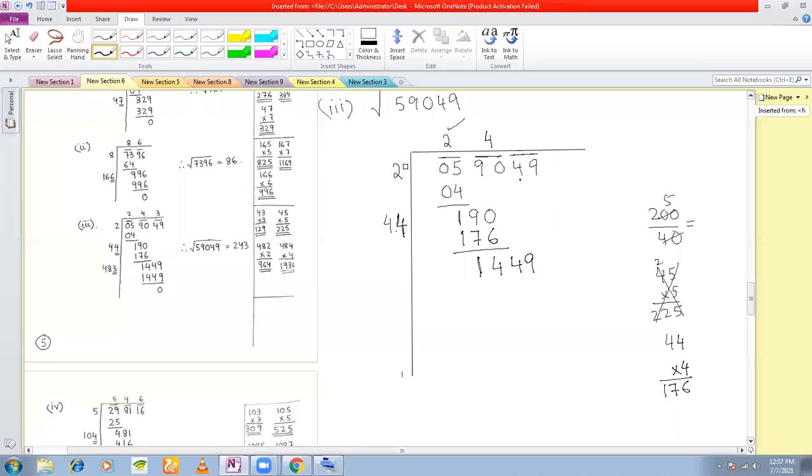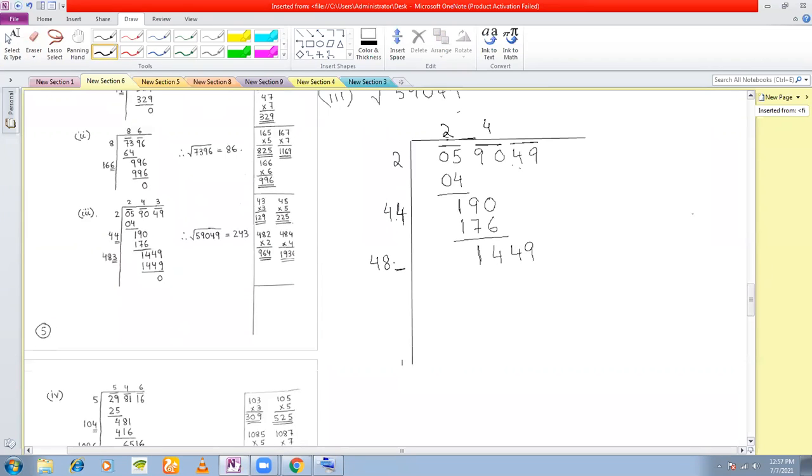Next. Once we bring down this pair, again we are going to repeat the same thing. Now see here, this number becomes 24. What is the double of 24? It is 48. So we write 48 here. Now we need to introduce a digit here. Okay. Let's write it in pair. This is 24. So let's write 24, 2 and 4.